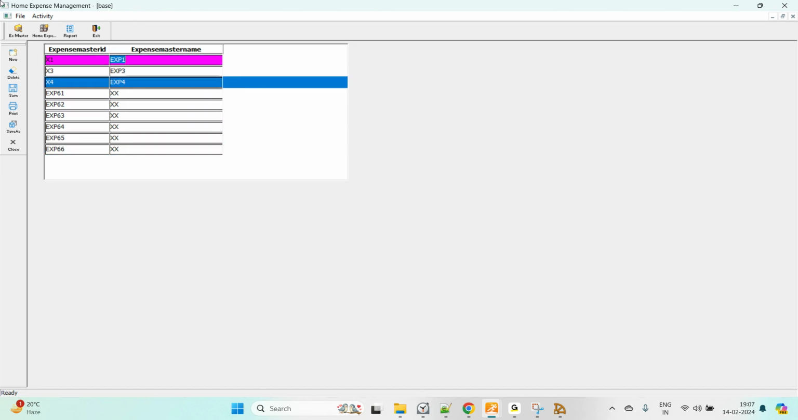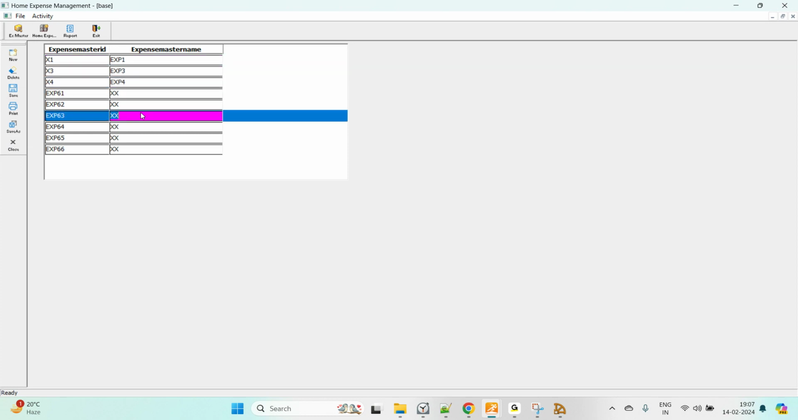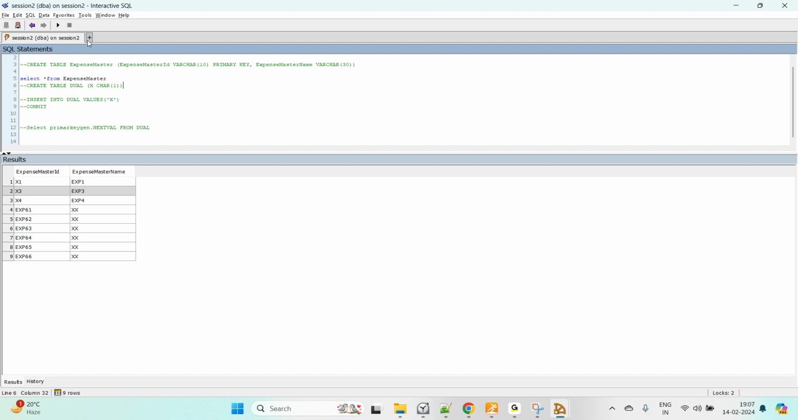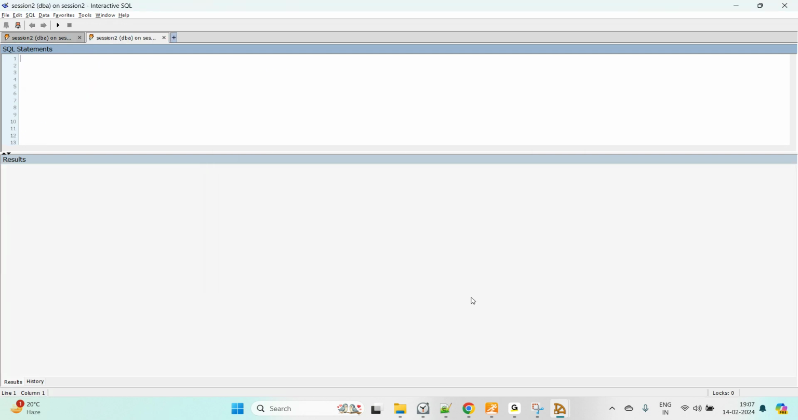Okay, now this will be used as a drop down in the other table. Let me create another table, that is called create table expense detail, and here what will be the value? It is expense detail ID, just a primary key, varchar 10,